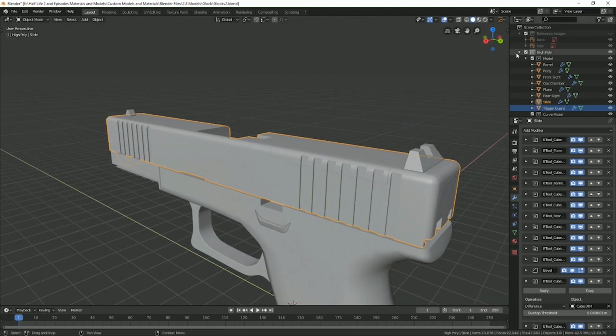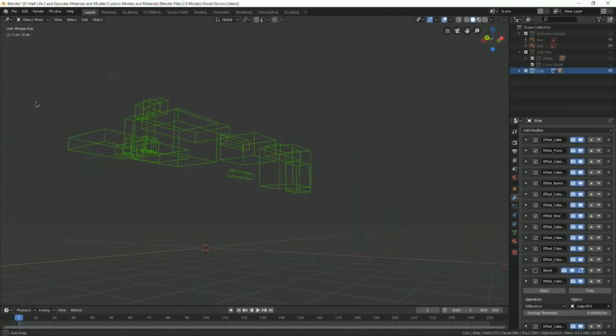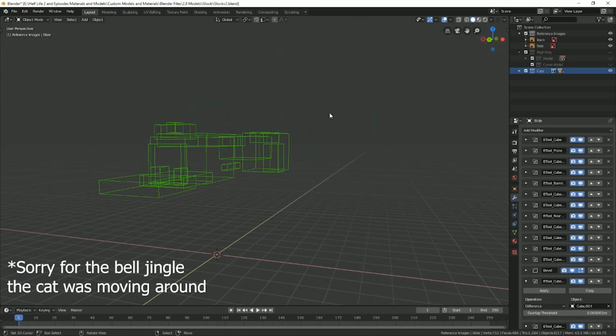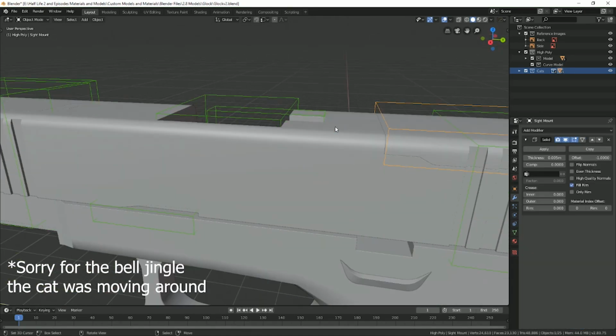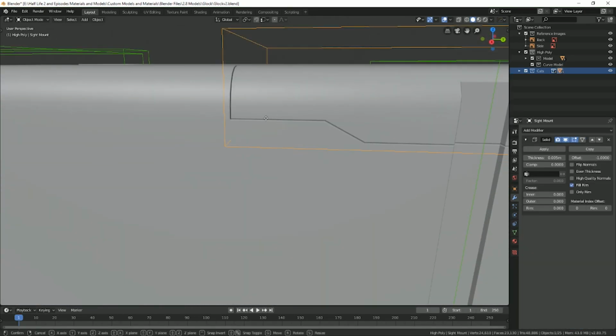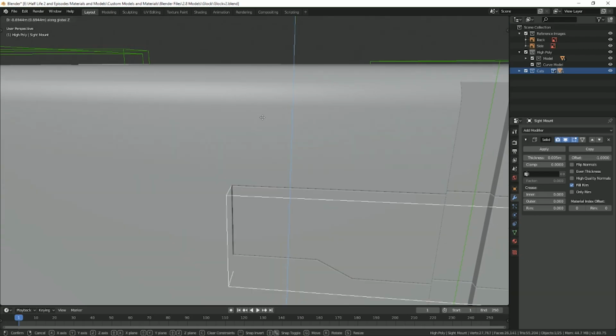And another cool thing about HardOps, actually, right here, you can see what it does is it creates a new collection containing just the cuts. So if we go to that one, here we go. These are all the cuts I've used so far on this project. So if we go to both of them, you can see where they are. Like right here, you can see I have a small thicken. So if I move this,